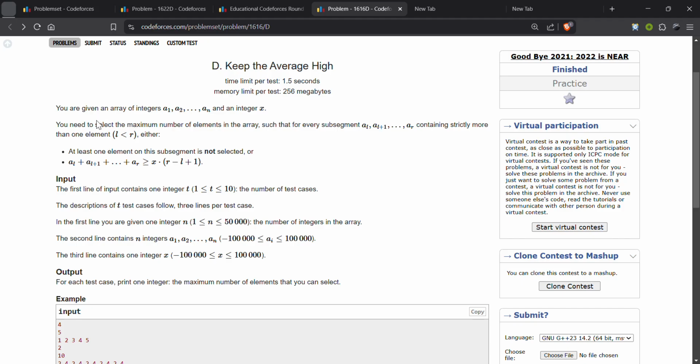You are given an array of integers and an integer x, and you have to select the maximum number of elements in this array such that each subarray containing more than one element either has at least one element that is not selected, or the sum is greater than or equal to x multiplied by its length. So what we have to do is basically pick some elements from the array such that